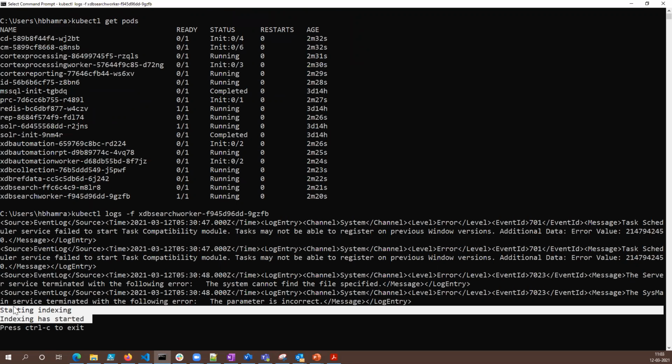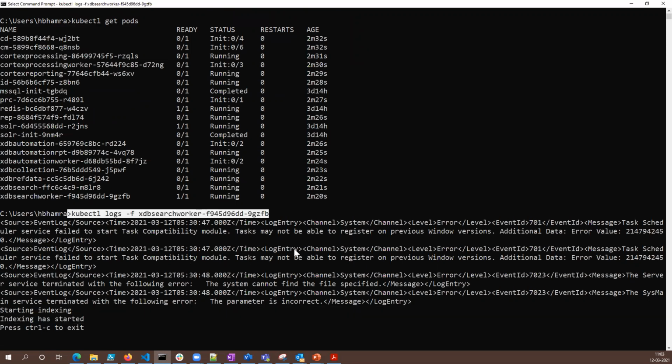Yeah, indexing has started. So that's the way you can go and check the logs as well.